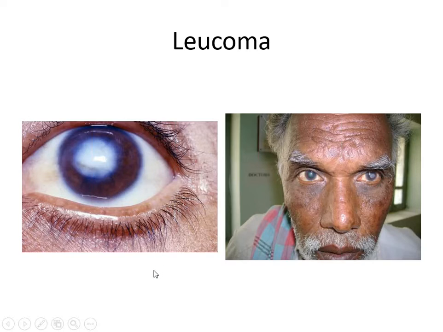The question which is asked is how will you differentiate between ulcer cornea and opacity? So opacity is present in a quiet eye. You can see here the eye is white, there is no redness, no watering, no discharge. So when you see whiteness of the cornea in a quiet eye, it is opacity.